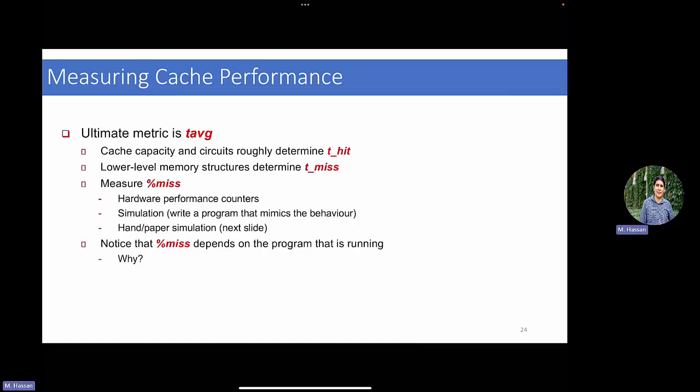Great. So here in that slide, there is a further discussion related to how we